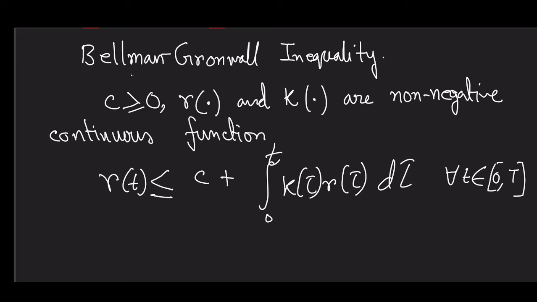Now instead of a function of t, it can also be a function of x, that is your state variable, but they must be in the region of interest, continuous and non-negative in nature. Then we can write, this is very important, that r(t) will always be upper bounded by